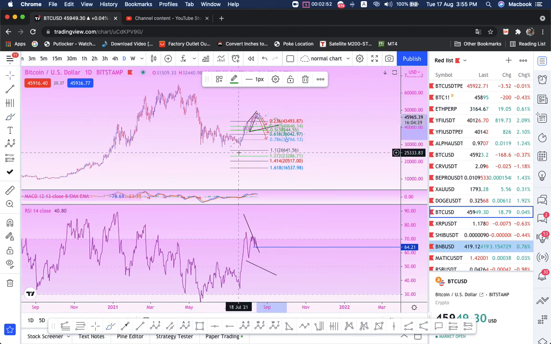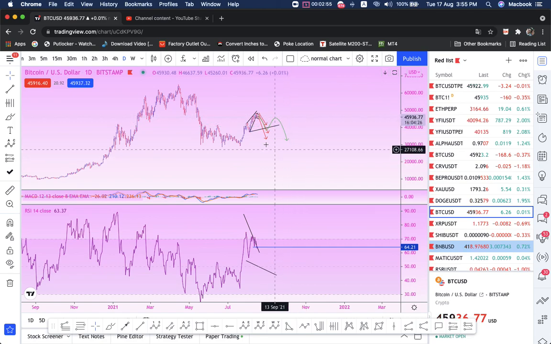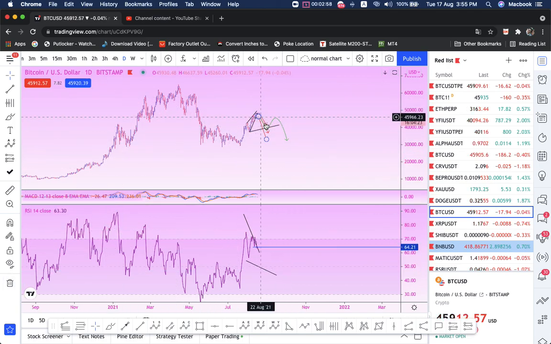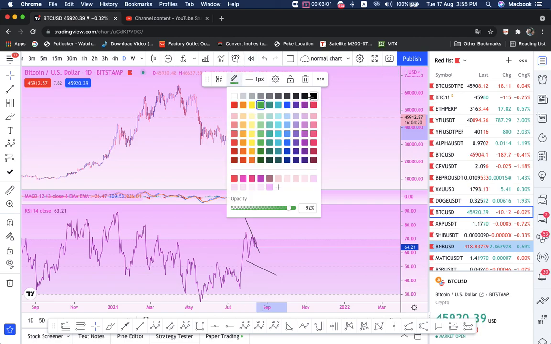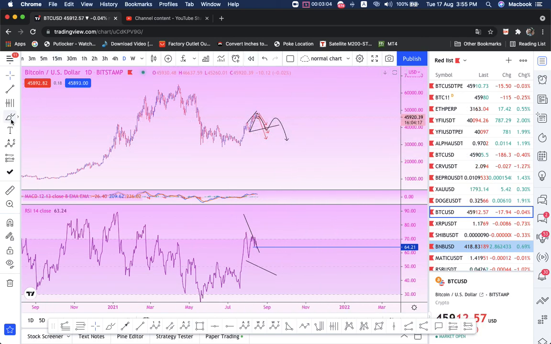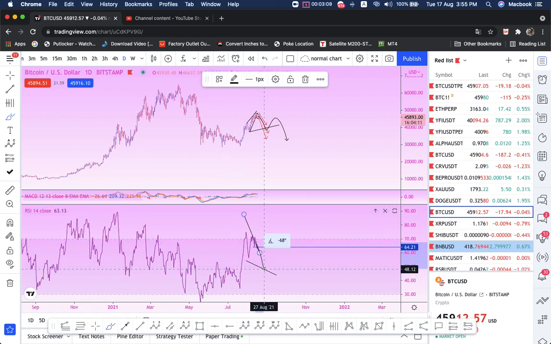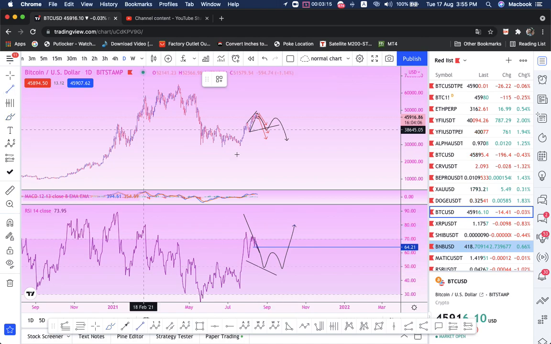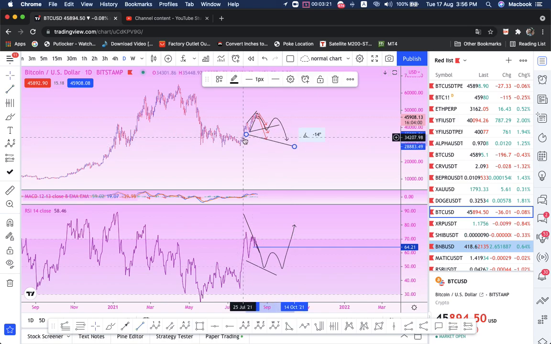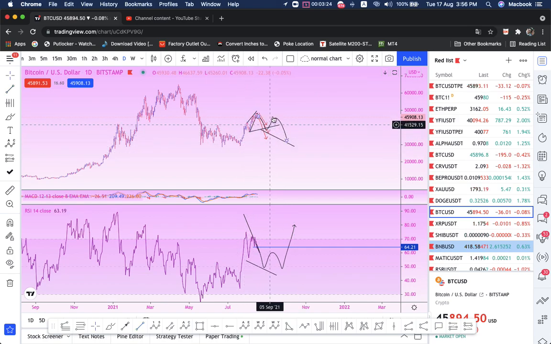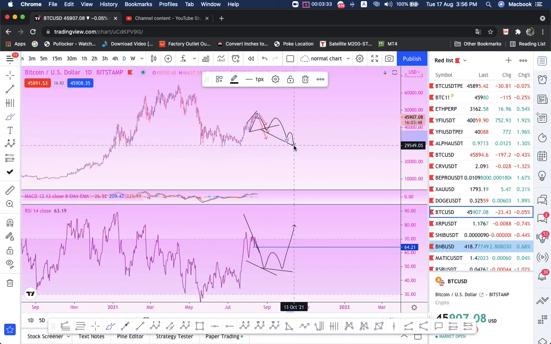Let me remove the Fibonacci. So when it goes, let me change it to black. Okay, so when it goes like this, right, the RSI is going to look like this. Which means you'll get a 1, and then you get another something like this. You get 1 divergence, 2 divergence,